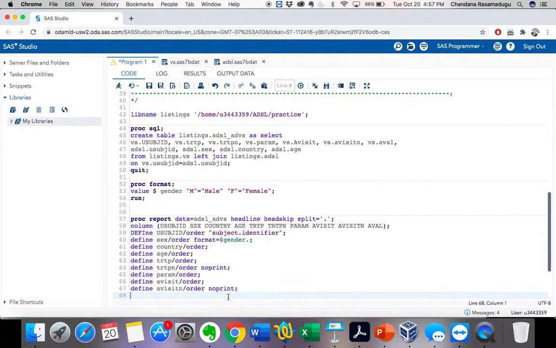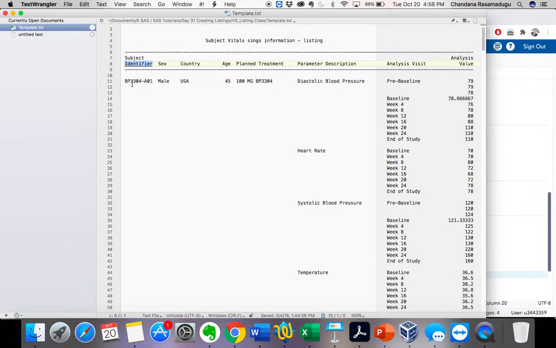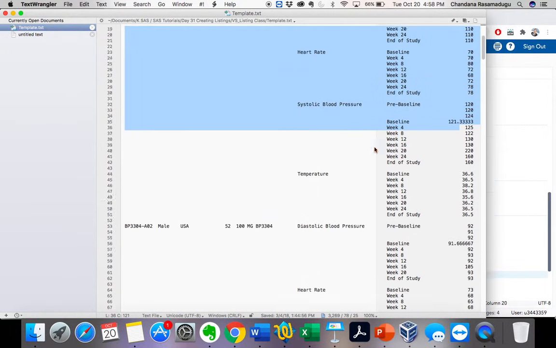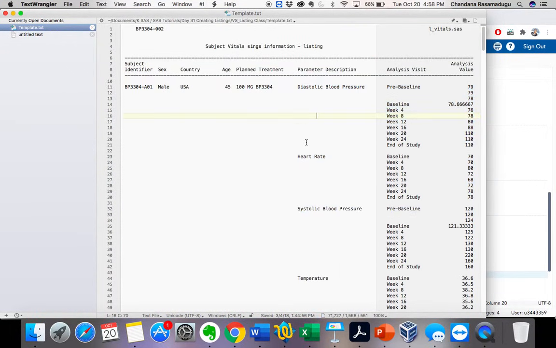So by here we are done with the analysis part, that means printing this part. Now by using that I'll be able to print this part. But see here, these are the parameter values, right? After finishing each parameter value, I have the analysis visit values and analysis values based on each parameter value.